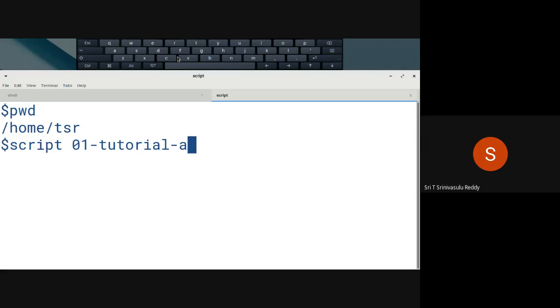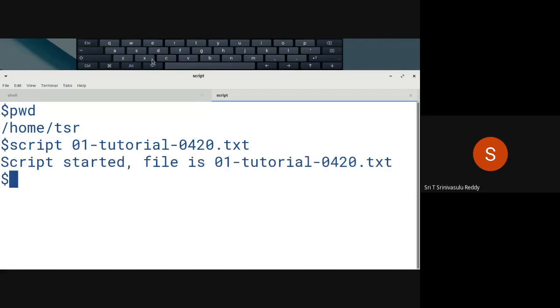So April, or we'll say 40420, and then dot followed by tst. I'm just recording all the commands that you will be learning as a part of this. For that, this is how it is. It is starting script, meaning that it's going to store all the commands along with the corresponding output also. The very first thing that you want to learn is what is the directory where you are currently working, and the command for that is pwd, and the current directory is /home/tsr.